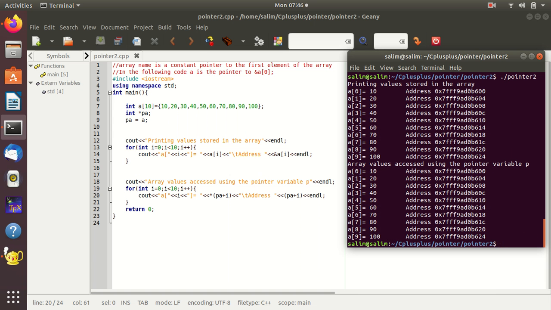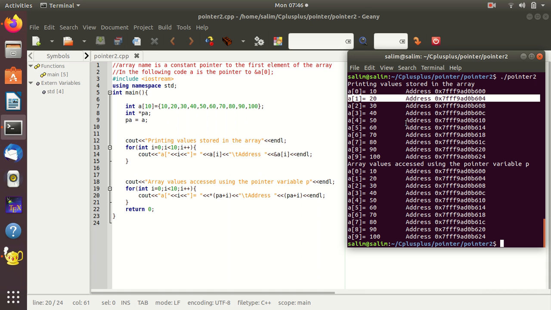So what you can see here, the first element A of 0 is 10, and the corresponding address is this. Second element of the array is 20, and the corresponding memory address is this.